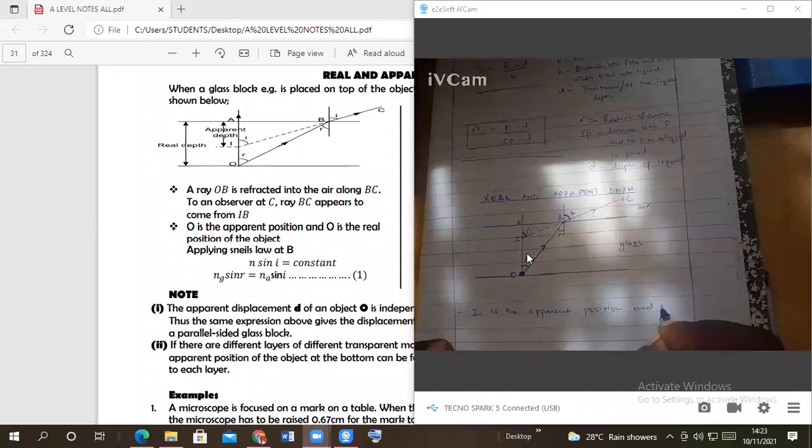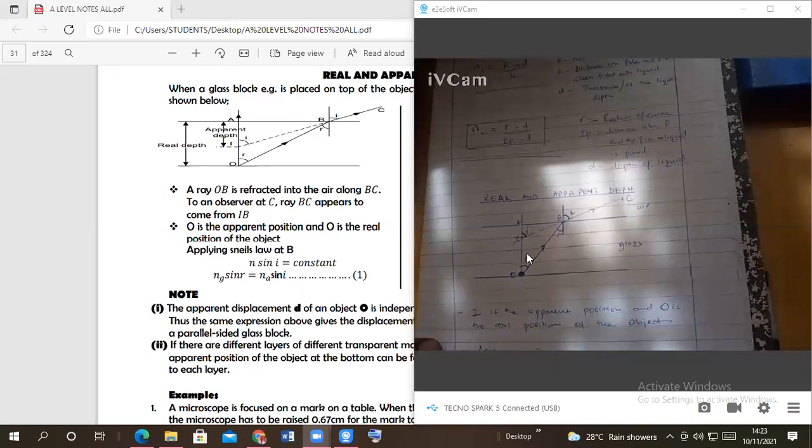And O is the real what? Is the real position of the object. So I is the apparent position and O is the real position of the object. Now, if you apply Snell's law at point B,